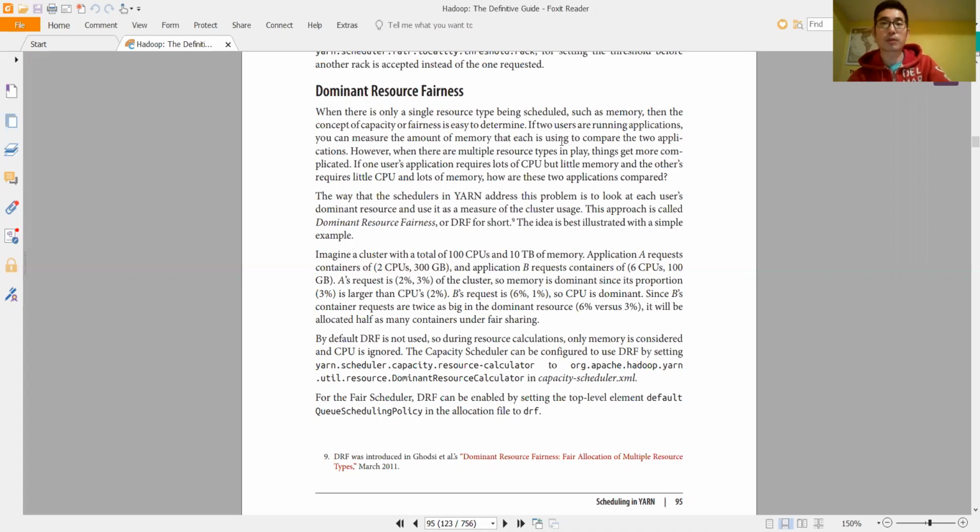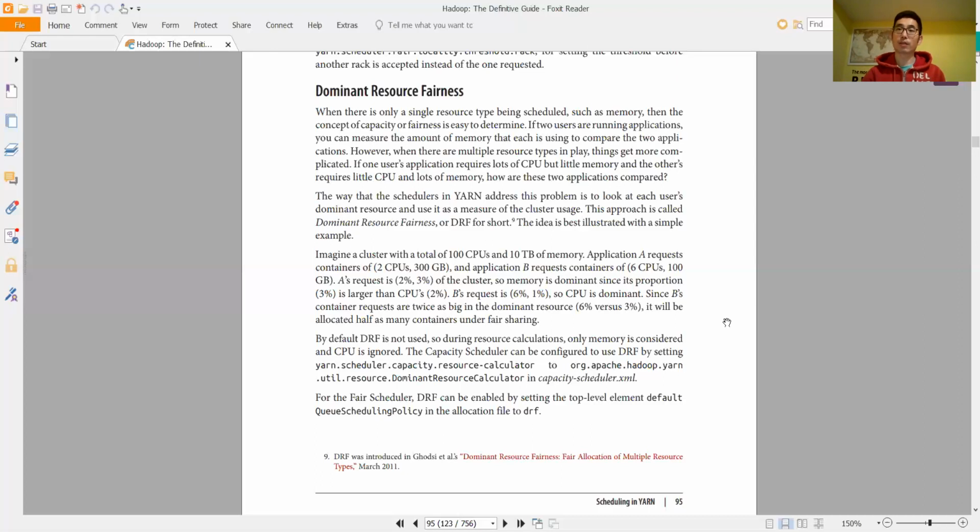So the problem really comes down to when you have multiple types of resources to assign, which resource do I use to make a fair assignment? Read the example given in the textbook, I think it makes a very good explanation. Dominant resource fairness, put a simple way, is that for multiple types of resources, I calculate the application's resource request